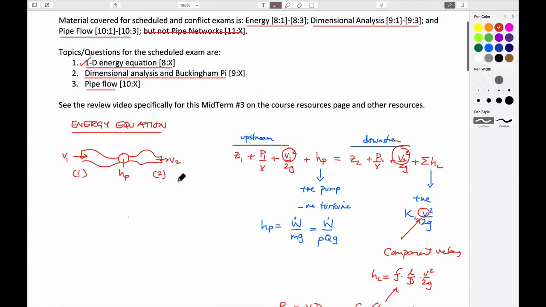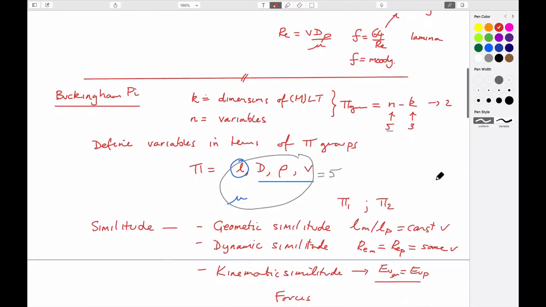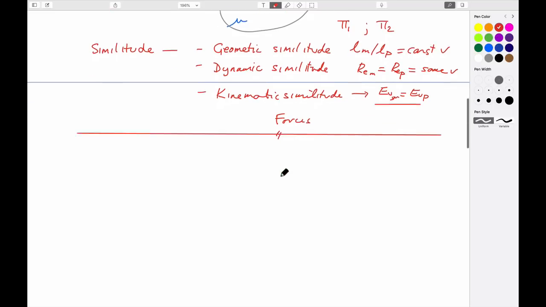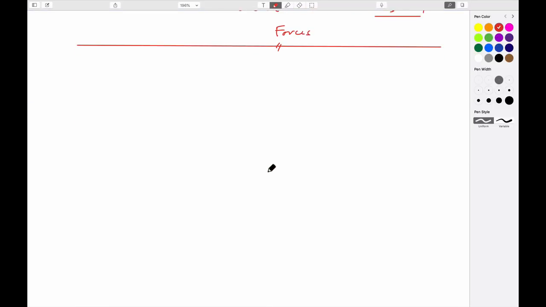So that's the first 2, dimensional analysis. And the third one is pipe flow, which is actually not so different from looking at this expression here. But if we look at pipe flow, then it's basically the same behavior as before, if we're looking at flow within a pipe